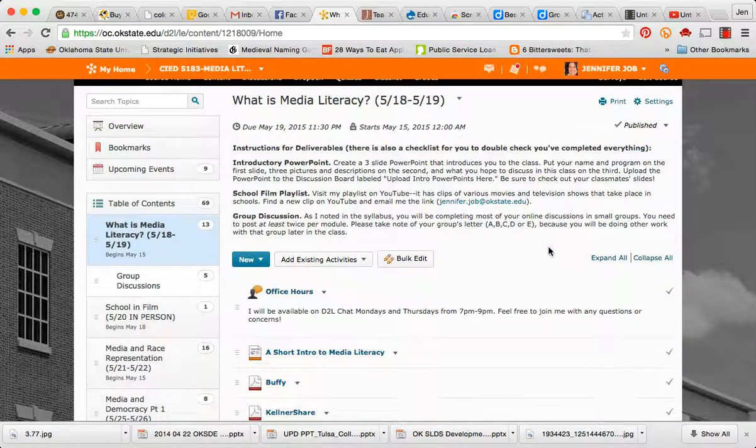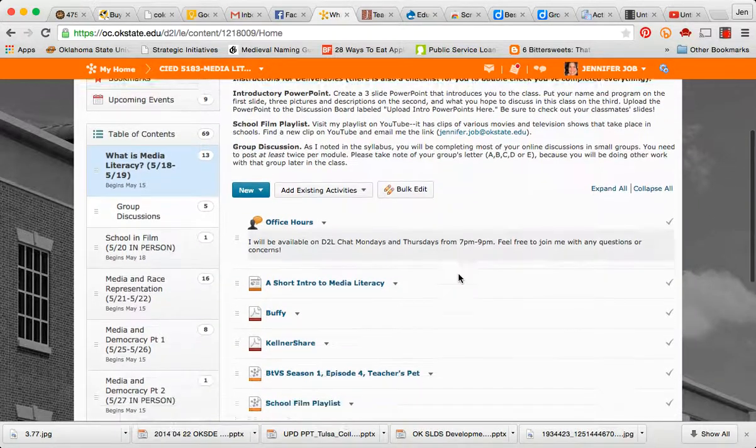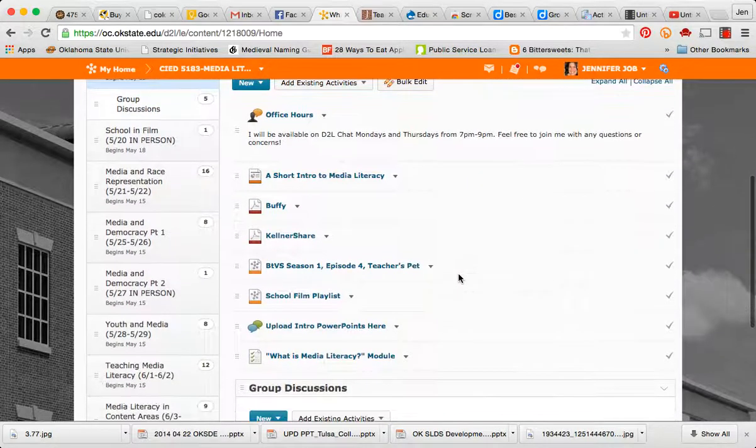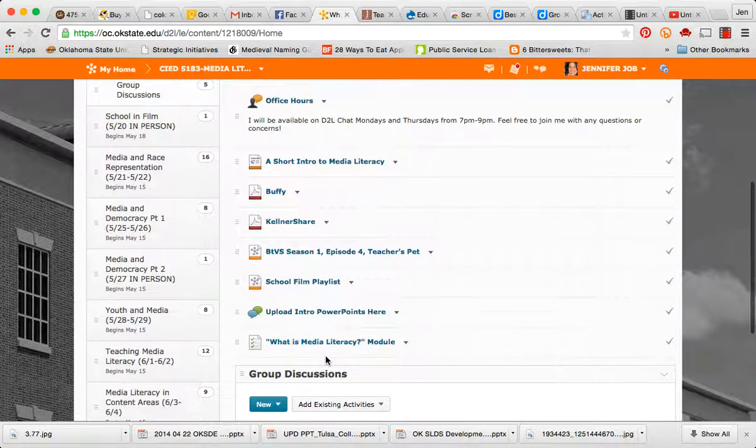A few things that I want to go over in here is I will always have general instructions up top here, especially if there's anything new. And then you will always have a checklist for the module, except for the days that we have in class, so except for the 20th and the 27th. So if you go to the checklist, it gives you everything that is due, so that way you understand what you need to be turning in.